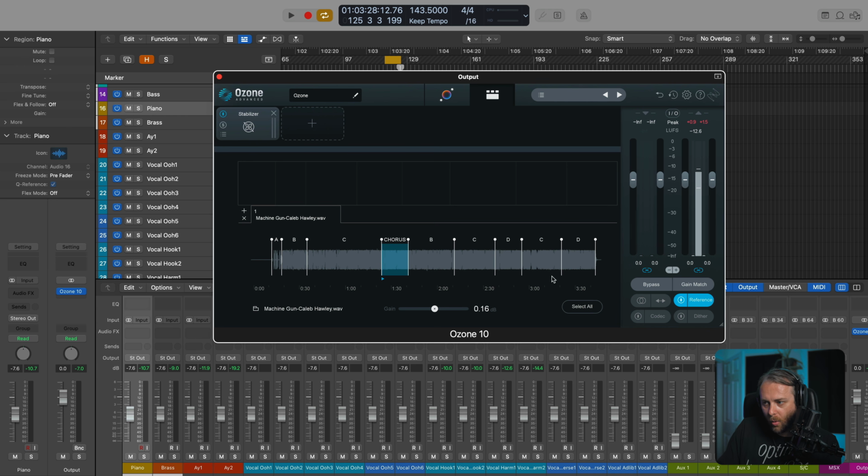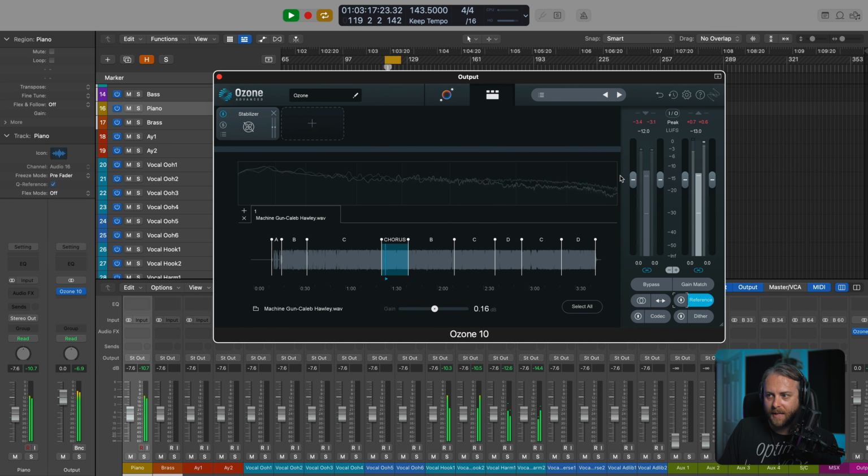So right now we're looping this chorus, and if I play this, the input is the reference. And I can see where it is, around -11, -10, mine's -12. There, they're kind of at parity now. It's just a way for you to visually match, and using your ears too, the loudnesses, because you can see on the input meter what you're working with.